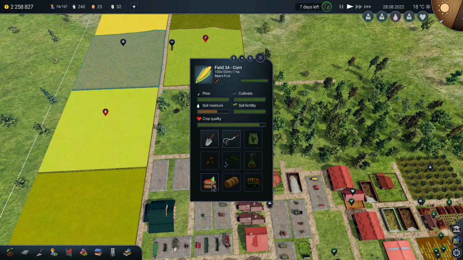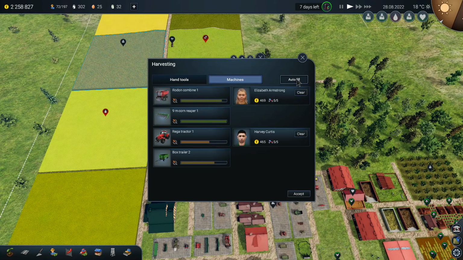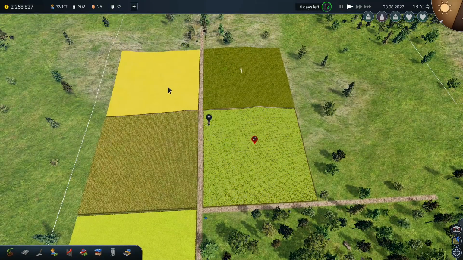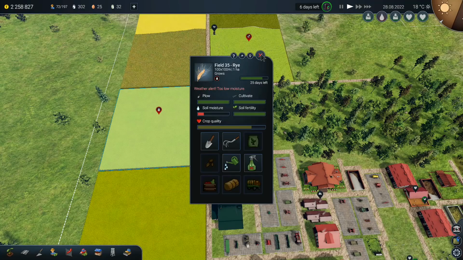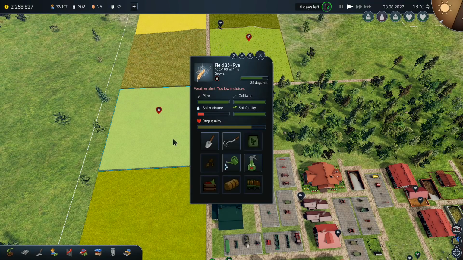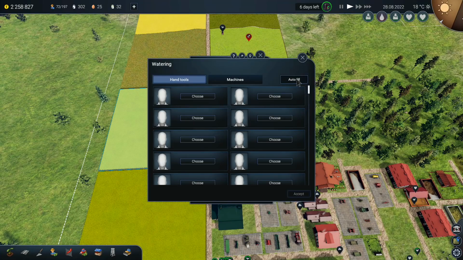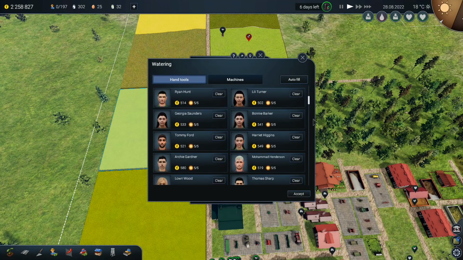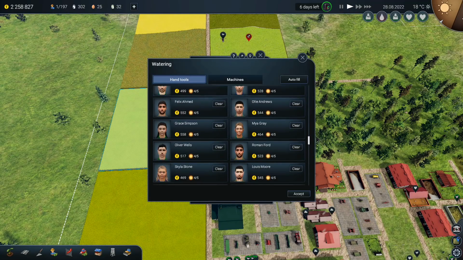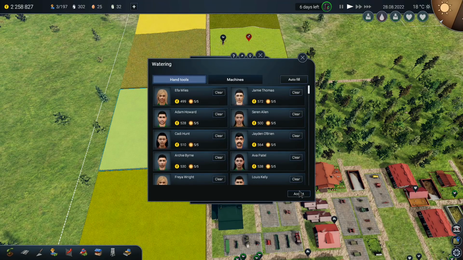So first of all, I want to go in here and I want machines, autofill. There we go. Harvey and Elizabeth are both going to go and harvest that field in there. And then soil moisture is bad there. Soil moisture here is way too low. So I want machines. Oh, I don't have a driver. Right. In which case, we're going to go back to here and we're going to go hand tools. And I'm going to autofill that with employees. I'm just going to make sure I don't actually have any tractor drivers here. No, I don't. Perfect. Except...